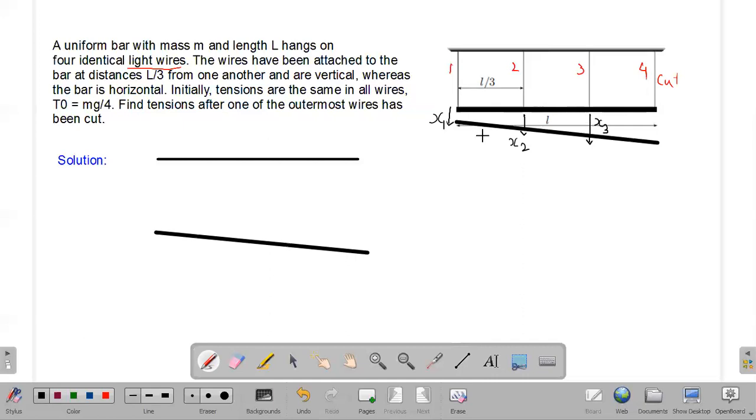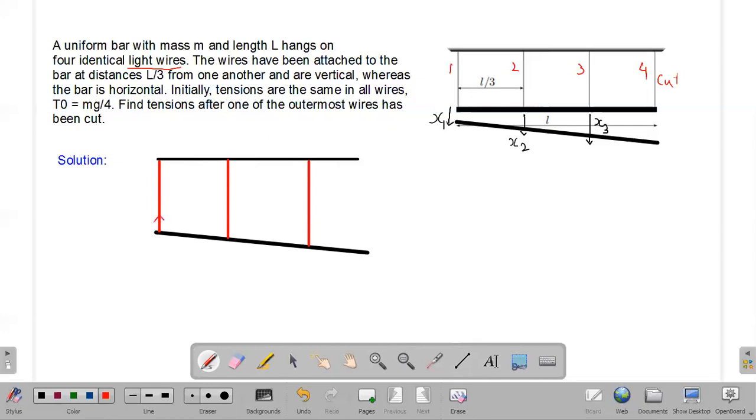So these three wires will be stretched by amounts x1, x2, x3, which are not very large extensions because these are metallic wires. The extensions will be very, very small, and the bar can be almost considered as a horizontal bar. Now, the forces in these wires: wire number 1 is connected to the left side, wire number 2 is connected here, and wire number 3 is connected here. Notice that these wires are now elongated, so they will have a restoring force developed in them.